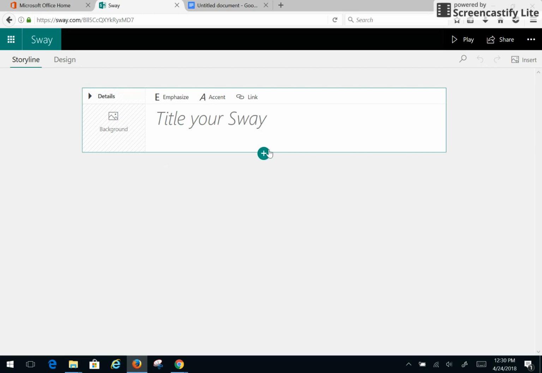So I'm going to title my Sway White Rhino, since they've been in the news lately, since the last northern white rhino just died, or the male did. So I'm going to title this White Rhinos. Okay, and I'll talk about the emphasizing and accenting and adding links a little bit later,